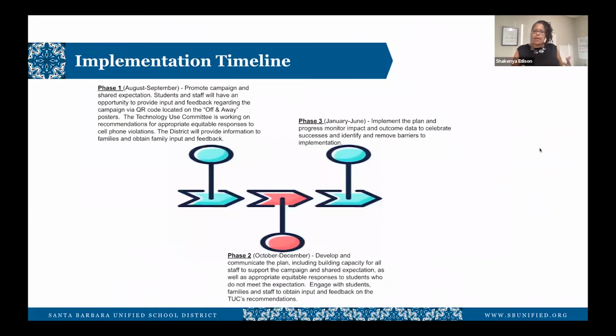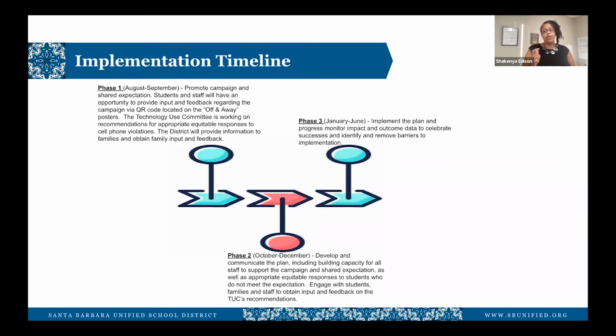We've opened this campaign knowing that we are planning implementation through phases. Our first phase is really to promote the campaign and share the expectations. We want to be fair to our students and not just drop something on them, but really front load them with what that expectation is, get them comfortable with it, remind them as we go through, and get feedback, because we want to make sure, again, that it's a balanced voice and that we're using those MTSS,